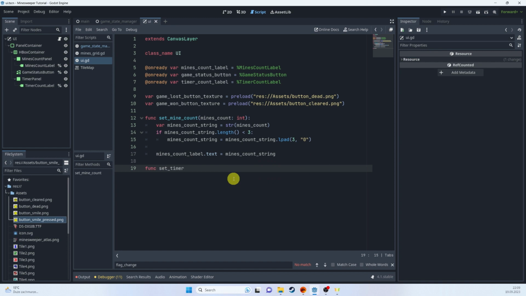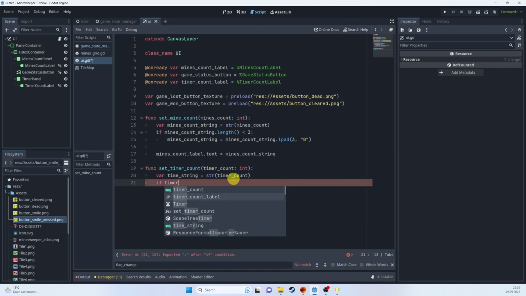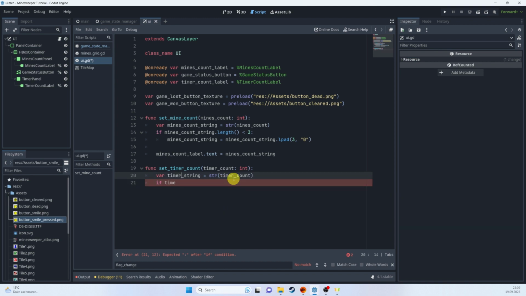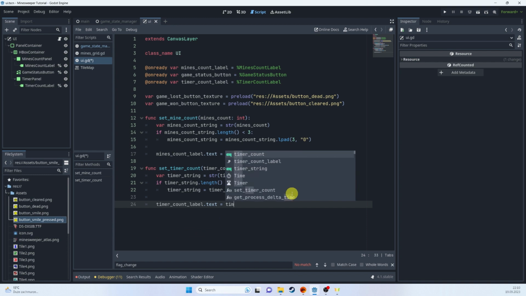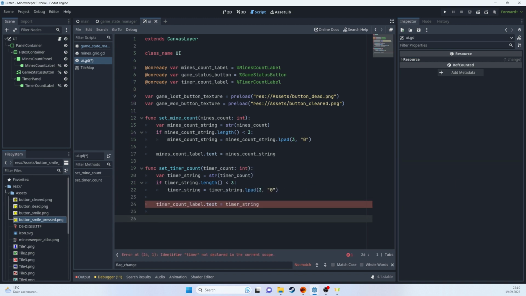Okay, set timer count. This is going to be very similar. So convert to string, check for the length, and if length is less than 3, time string is equal to time string lpad 3 0. Timer count label text is equal to timer string. Okay, and then